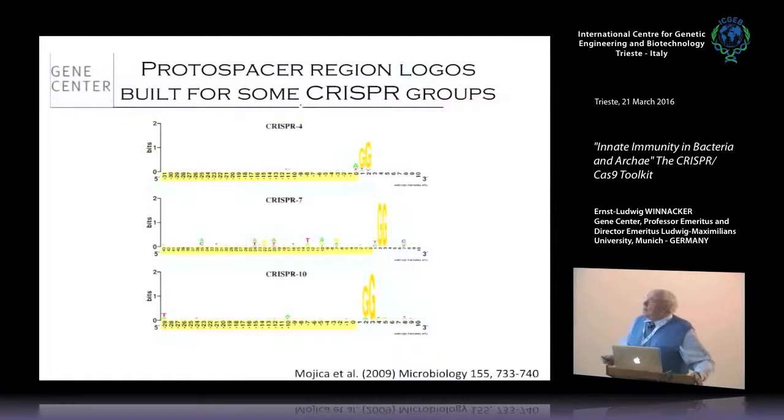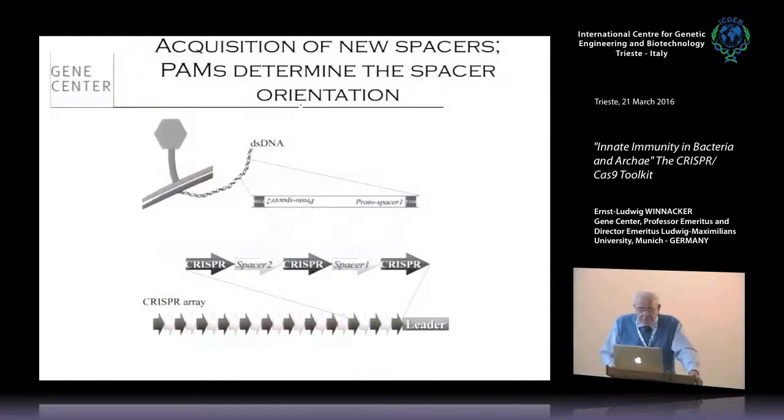So that is important. But of course, it's crucial, indispensable for a bacterium to make it resistant to a phage infection. And actually, the PAM sequence, the protospacer adjacent motif, determines the spacer orientation. You see, it's always in front of the protospacer and not in the back. So if it's here, it looks as if it's in the back, so then it turns around, so that it's always transcribed in this direction. So it's a real crucial element, these 3 nucleotides. Never forget PAMs if you ever do a CRISPR experiment.